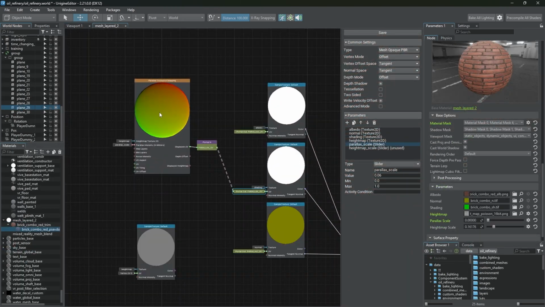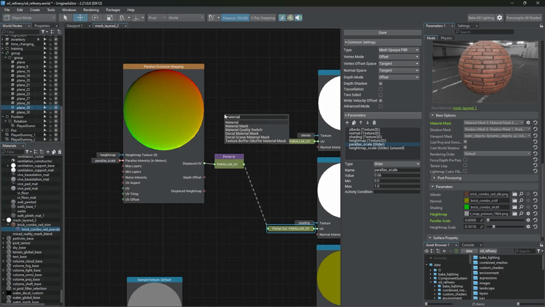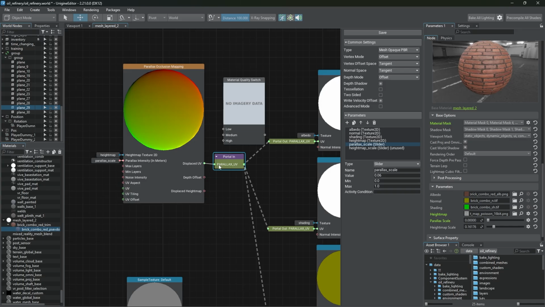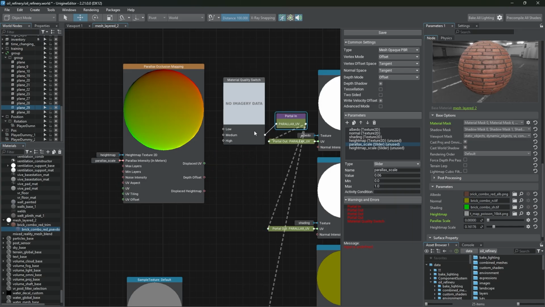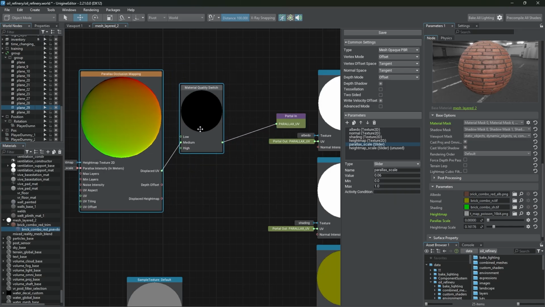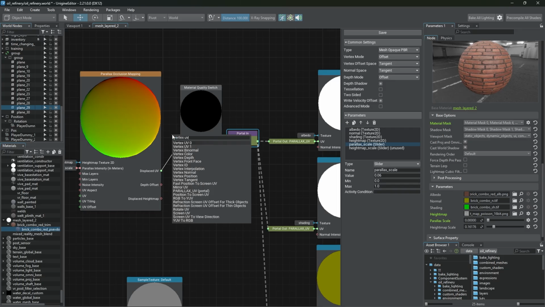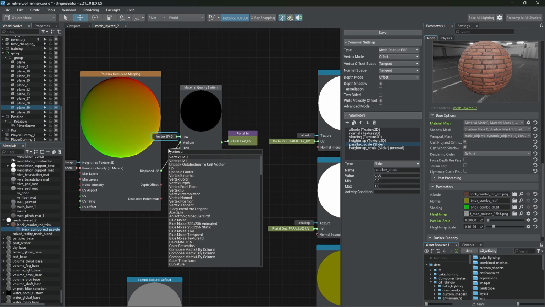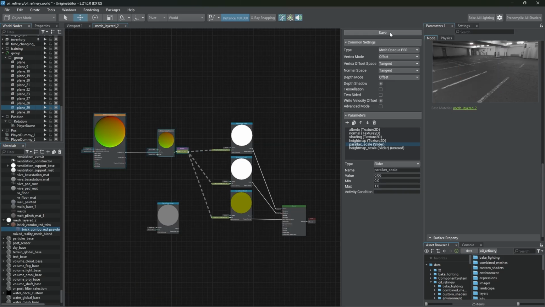To separate them, go back to the Material Editor and add a Material Quality Switch node. Different implementations connected to it are enabled depending on the globally selected quality level. Let's make parallax work only for the medium quality preset, and connect plain vertex UV0 nodes to the low and